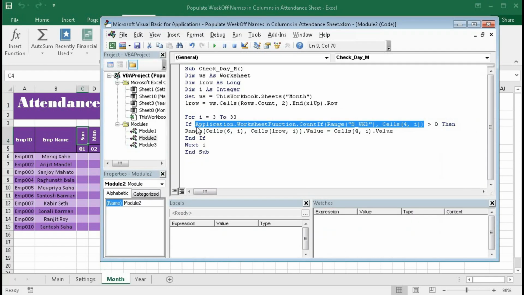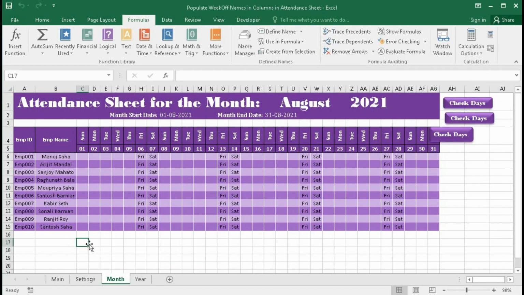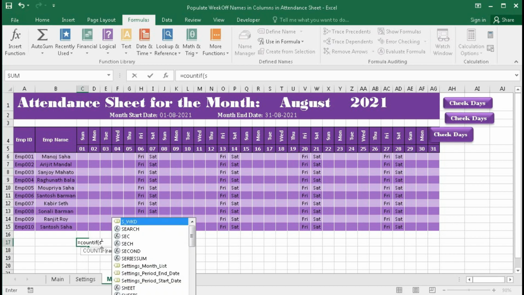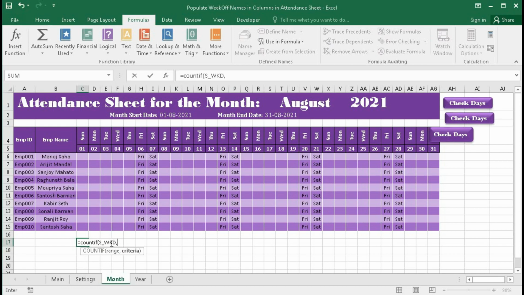So I have given here If Application.WorksheetFunction.CountIf. I hope you know the CountIf function. This CountIf function will give a result. You can see here the formula: equal to CountIf, bracket open, our dynamic range is weekday, comma, criteria is this one, bracket close, enter.